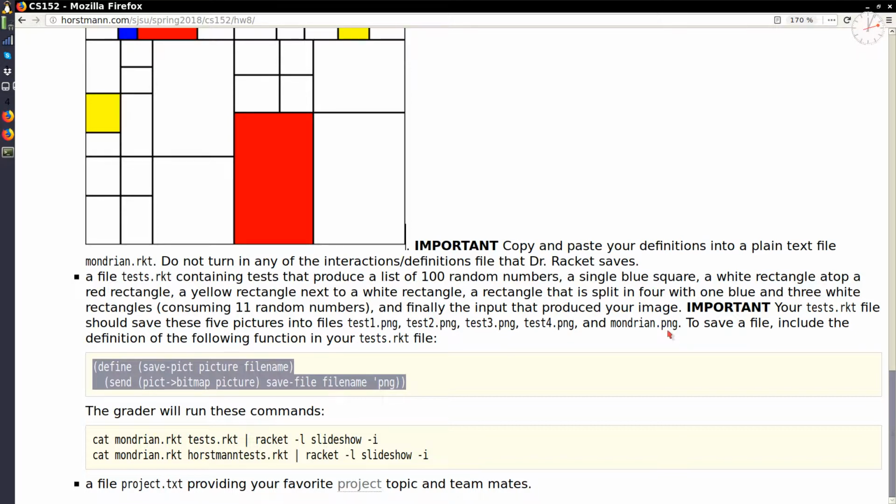So that means that the width is 300, the height is 200. So this thing is going to at some point call Mondrian helper with 300, 200,